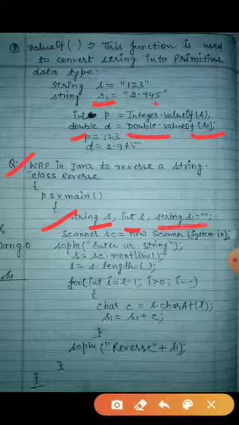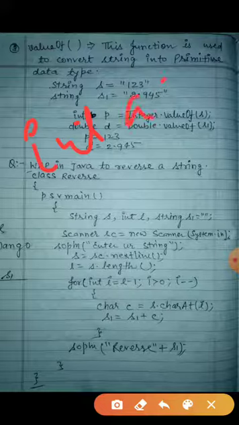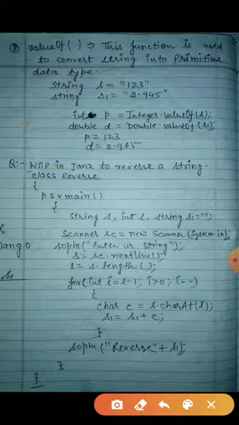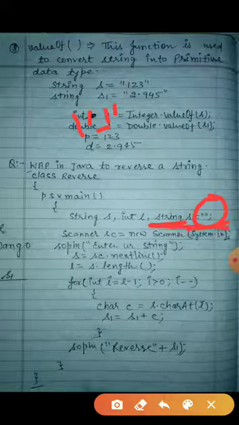Now another string I have taken here, s1. What is the meaning of string s1 equals double quote? My dear, in integer, if you want to take any value blank, you will write int a equals 0. What is this showing? A is blank. But how will you do this in a string? If you want to store a blank string, you will write in the same way: String s1 equals double quotes, with no space between the two quotes. This is called null, meaning nothing in s. So this shows s1 is blank.